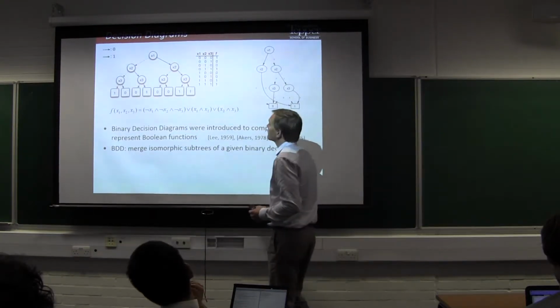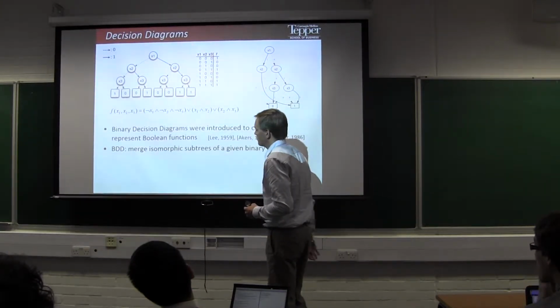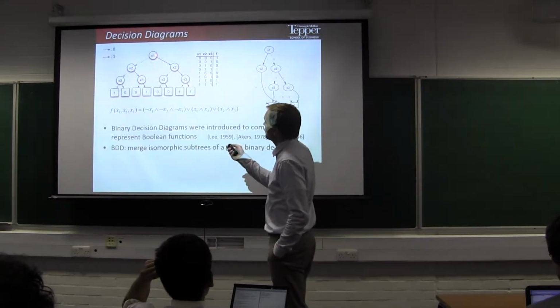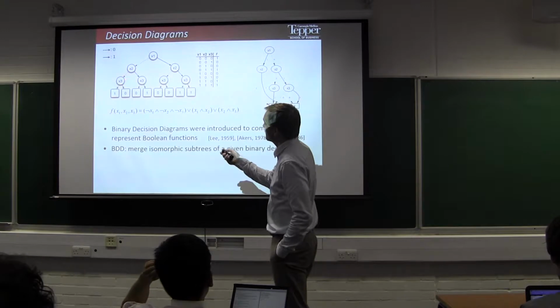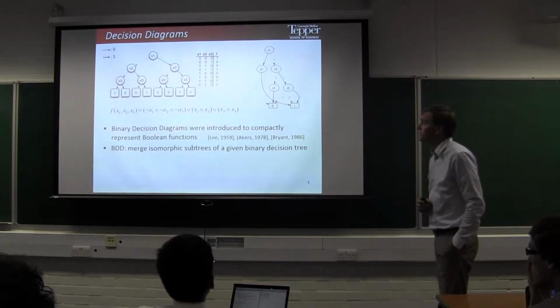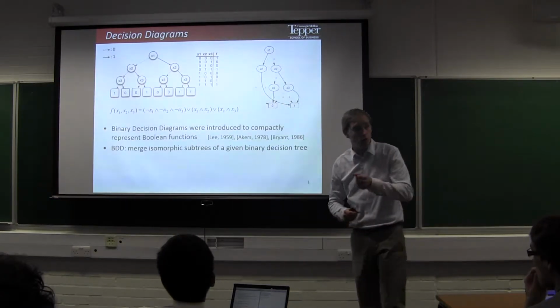Maybe I can move this up a little bit. So in a decision tree, you take a variable and it takes either value false or true, and depending on that, you take the next variable and so forth, and the leaf nodes denote 0 or 1, true or false for your function. Now these decision trees and these tables become exponentially large if you list out all possible tuples